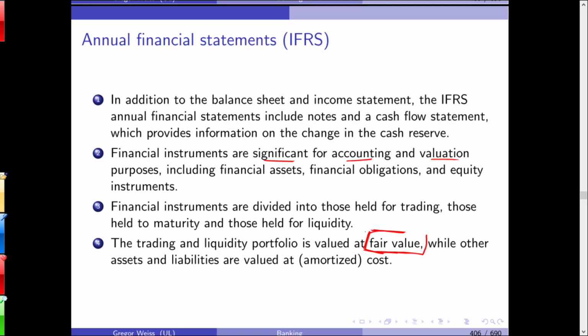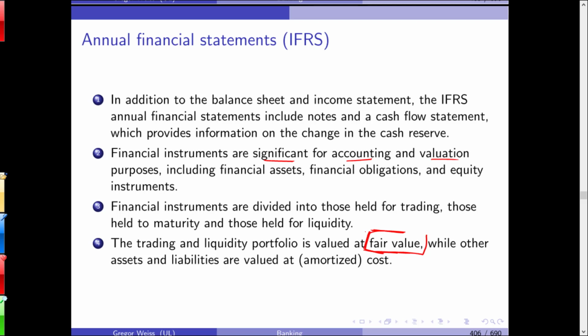In very basic terms, if you buy an asset, let's make a very practical example. The university buys this beamer. It will insert this asset on the asset side of its balance sheet. It pays for this beamer, say 1,000 euros, and you would include this asset with a value based on the amortized cost of 1,000 euros. So your asset side of the balance sheet will include assets, beamer, 1,000 euros.